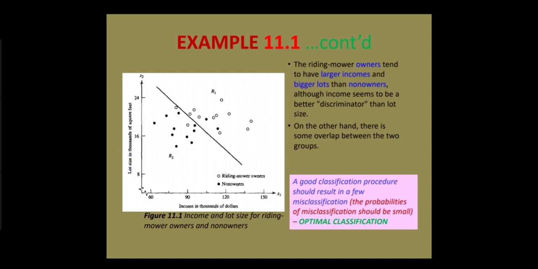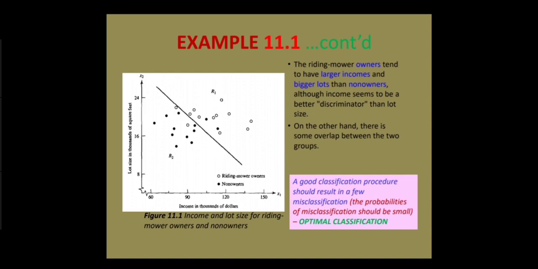Then we plot the points in the scatter plot. Each point is either a riding mower owner or a non-owner. The black dot is non-owner and the